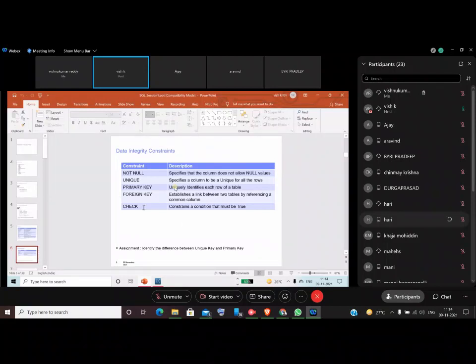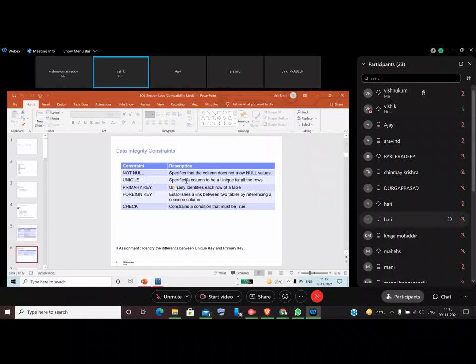So tomorrow in the business, in your project, they will tell you that for these columns you should not load any duplicates. They will give you that in the documentation. In that case, you need to apply the unique constraint on that.